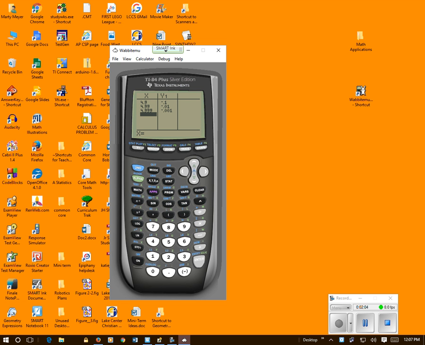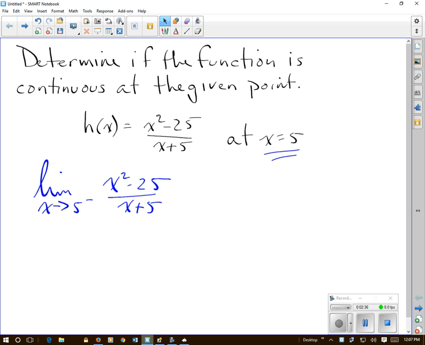While we're here, let's look at coming in from the right also. So I'm going to go through and look at things close to 5 from the right side, like 5.1, 5.01, and 5.001. So it would appear that this function is getting close to 0 as we get an x value close to 5. So if we go back now, we're going to say, okay, this limit appears to be 0,